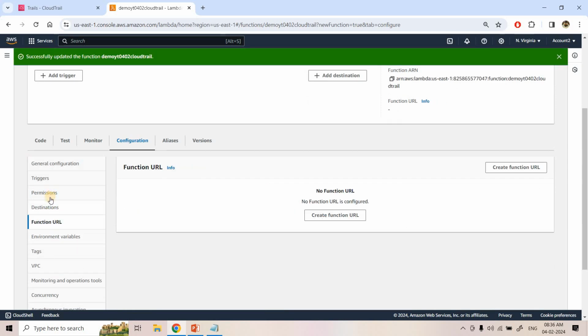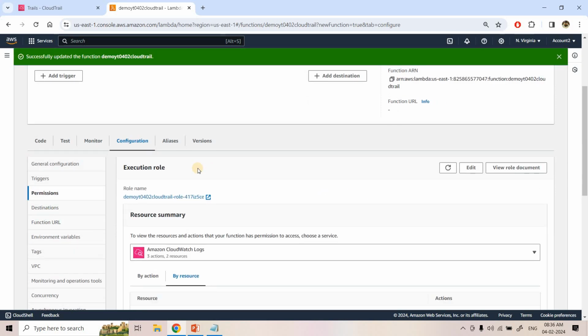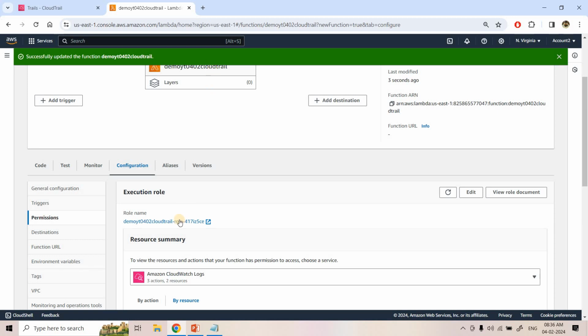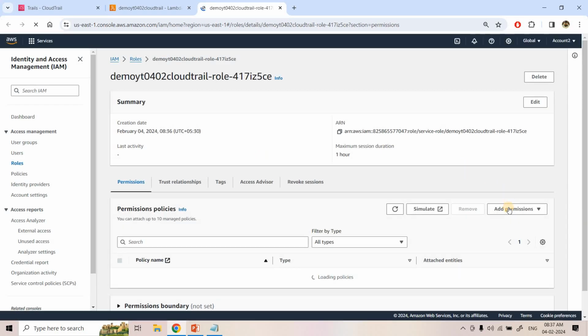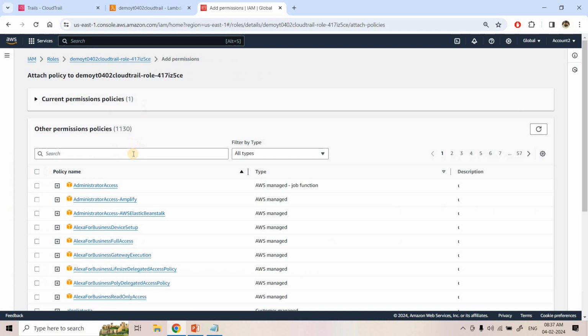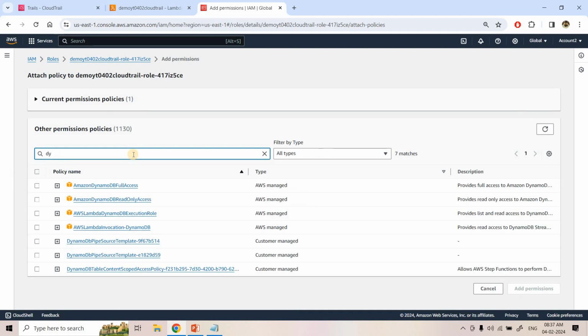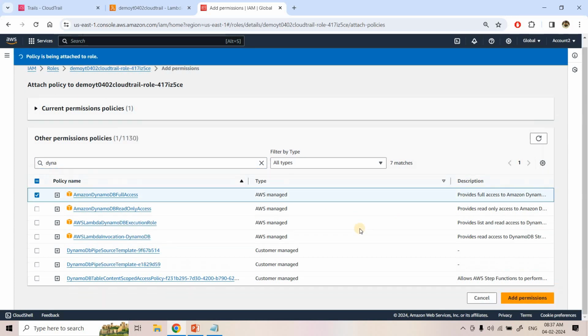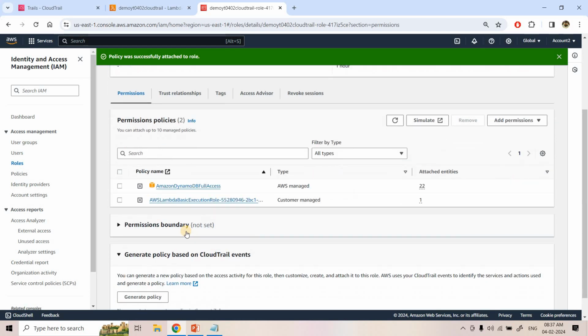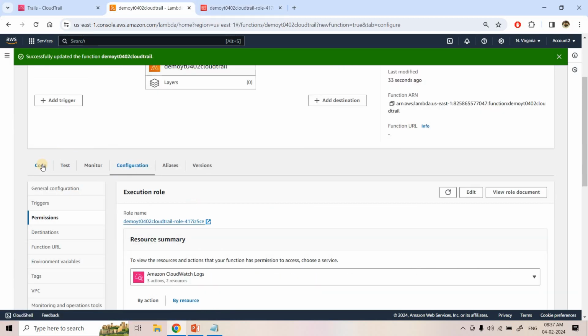And then here I'll go to permission section. So this Lambda will write events in our DynamoDB table. So I will give DynamoDB write permission as of now to this role. So here add permission, attach policy, and here I will search for DynamoDB. So as of now I am giving DynamoDB full access, not a problem, but when you are creating this particular pipeline for a production system, then it is better to fine tune this access and provide it to Lambda. Okay,